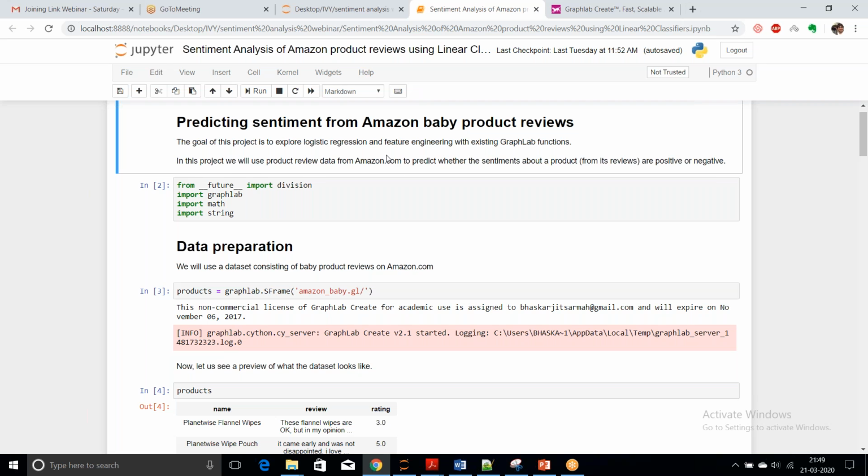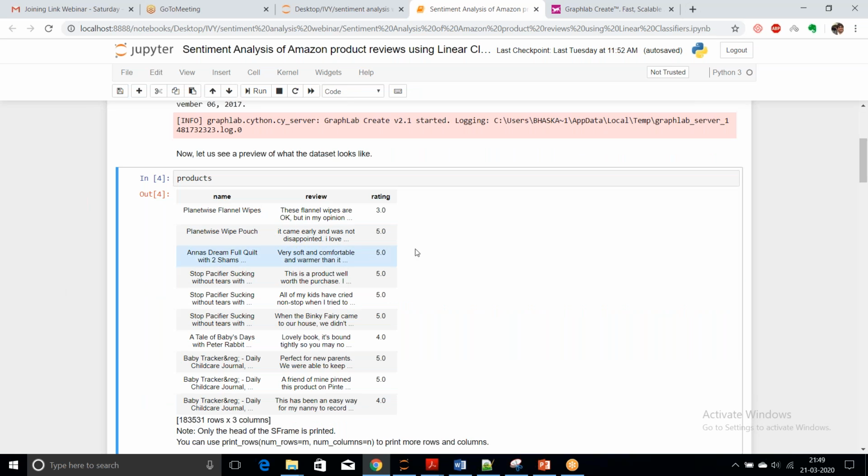So firstly I have imported the libraries, then I have created this data frame where I am passing the GraphLab version of this Amazon baby products data set. So this is the first variable called name, which is the name of the product, then its review, and its rating. Now in this particular data set I'll not be using name for my features. I'll be using reviews because I need to predict